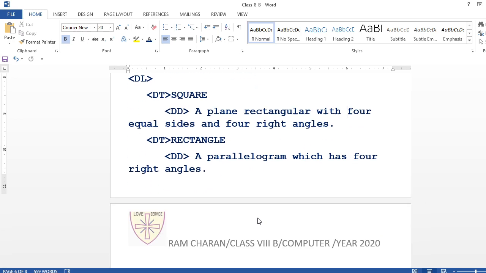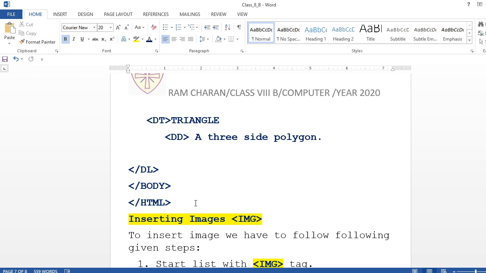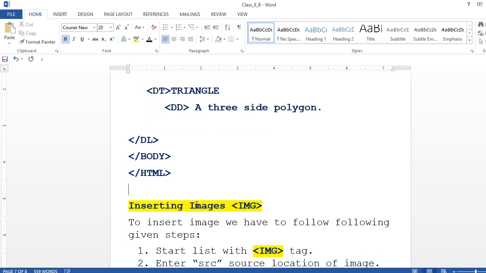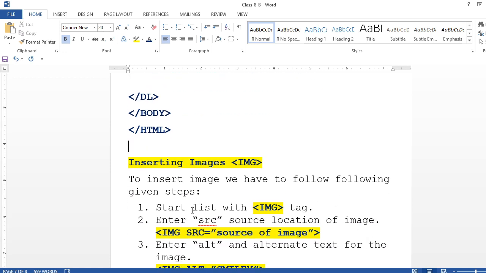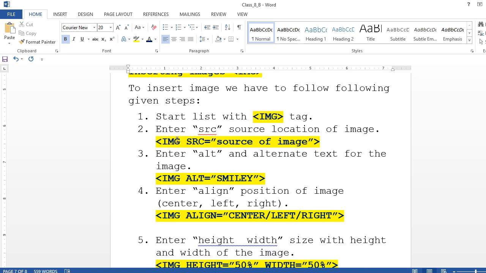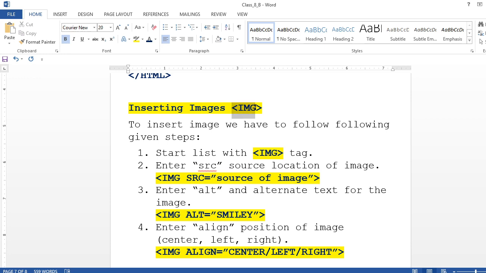Okay, so let's do this, but before that, one more thing, I will let you know how to insert an image. Okay, one more thing you learned today, inserting image. So inserting an image is going to use the img tag. Okay, and this works like an empty tag. You can end it also, you can leave it also. Once the image is inserted, it will not go. So we have to use the img tag.